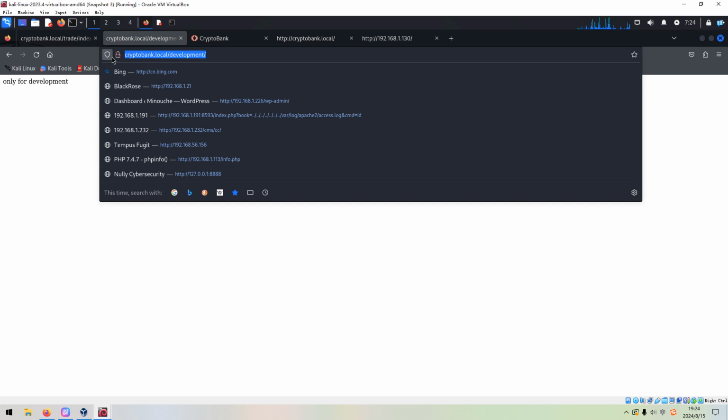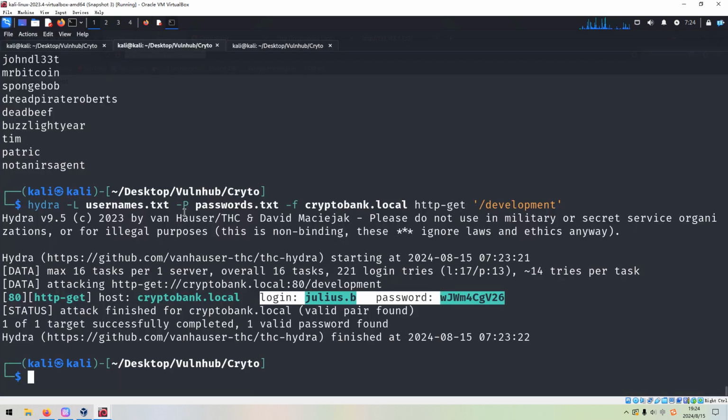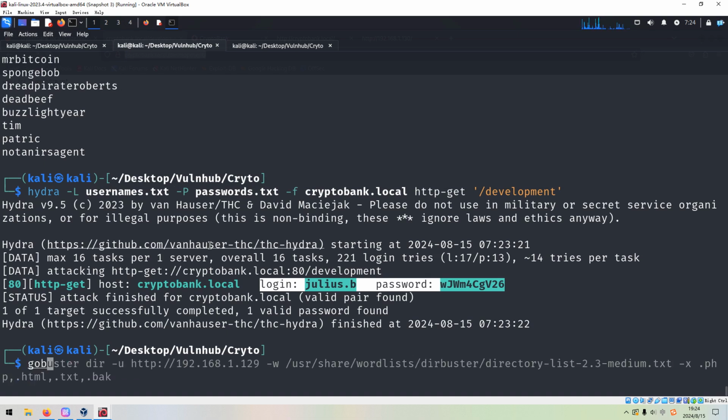We can copy and we can use GoBuster dir, HTTP crypto bank.